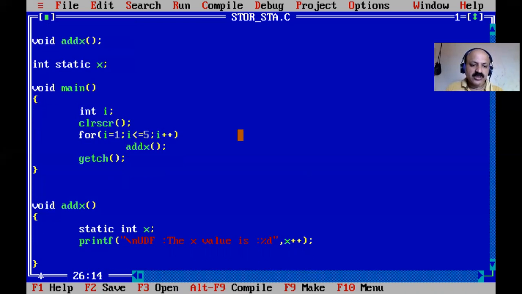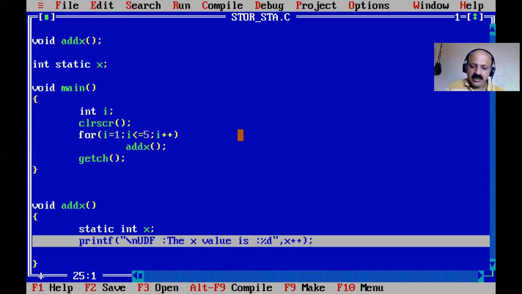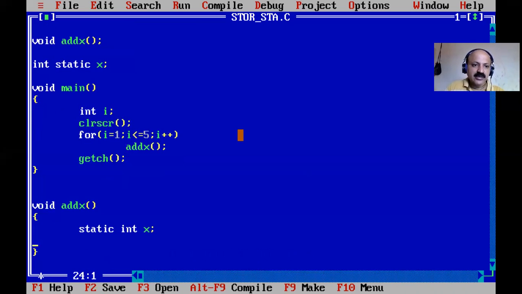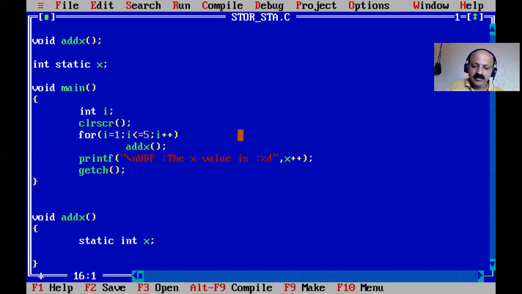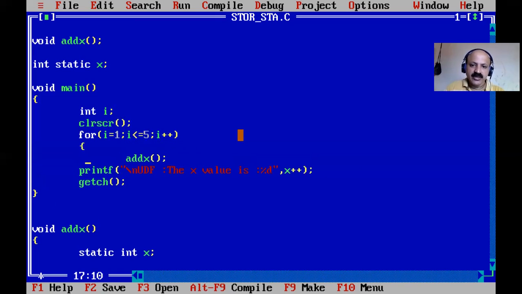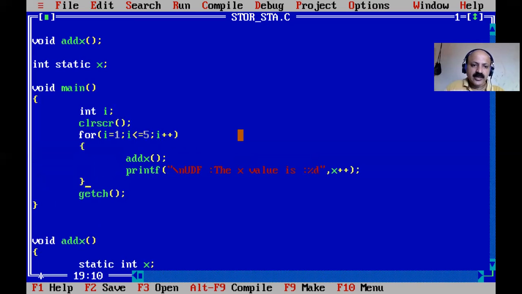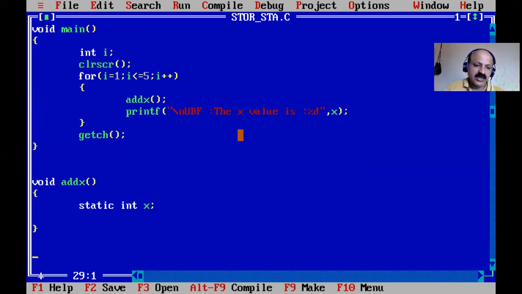Here I just remove this printing and take it into main, in the for loop, and then I provide the braces. So in main we have to print, and I remove this plus plus, keeping only one plus plus here. So the variable is used by main, and add x also uses it.